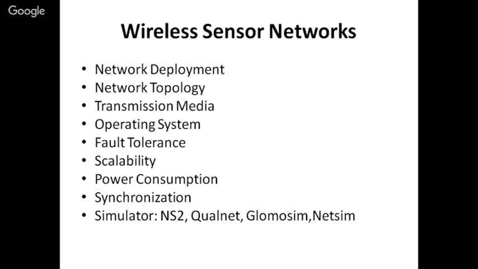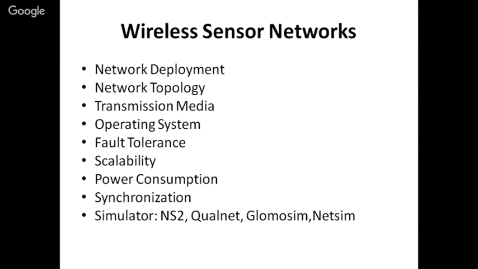And transmission media, as I said earlier, in this it may be possible that some part of the network may be wired and some other part may be wireless. And in case of wireless also, in this wireless sensor network, the sensors or the nodes may be mobile, because suppose sensors are deployed in the ocean. With the flow of the ocean, some sensors may move from one location to another.